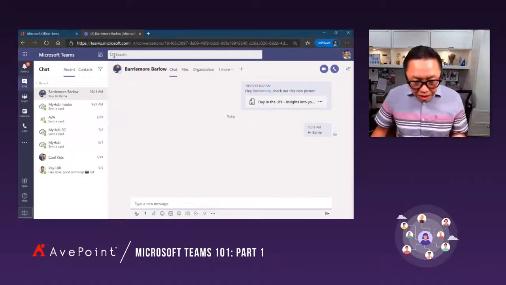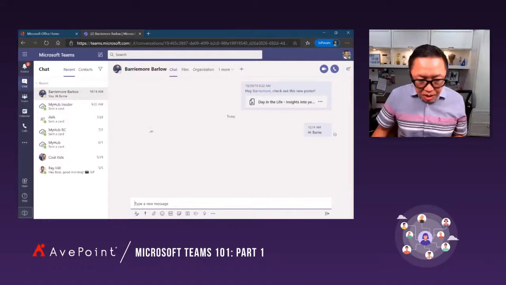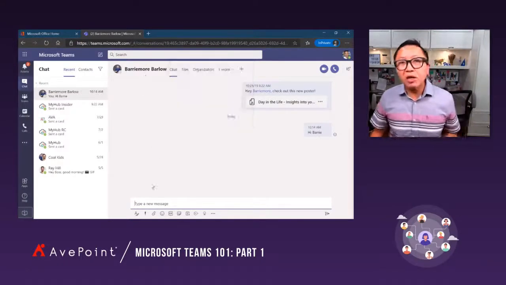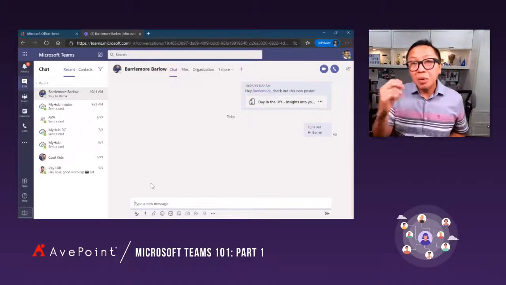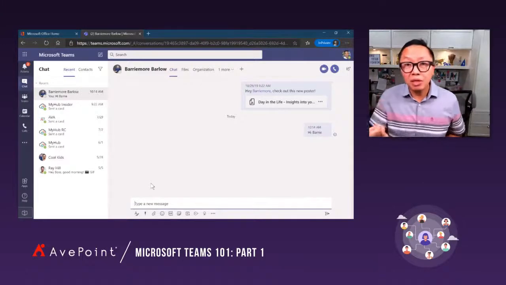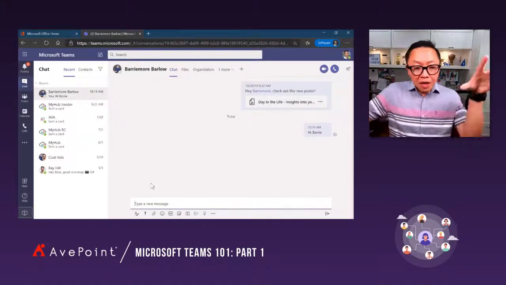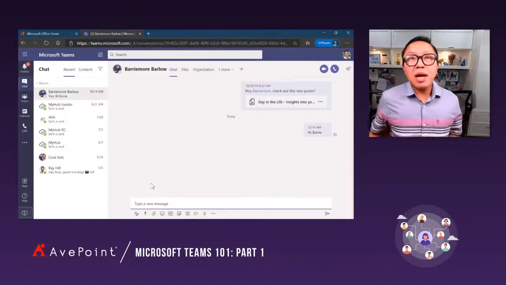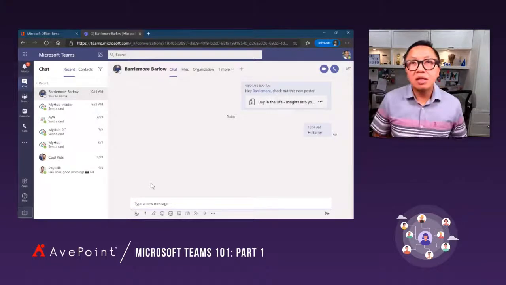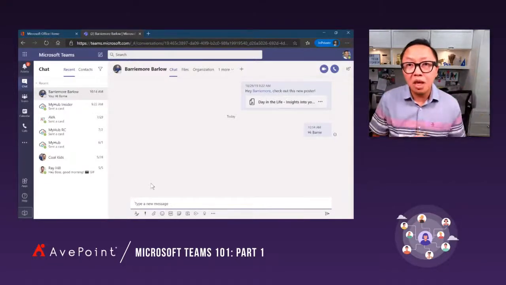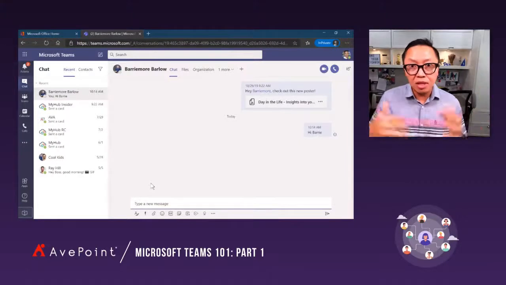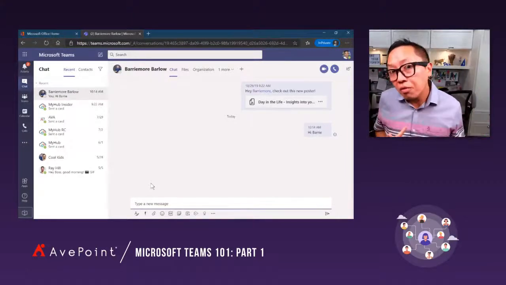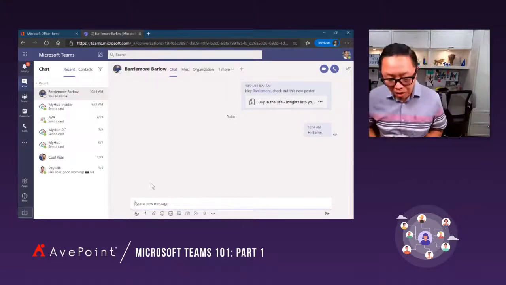If you look at the interface of Teams, my chat with Barry, first and foremost, is persistent. Now, what do we mean by persistent, friends? Even if I shut down Teams, I open it back up, my chat lives there. And that's a big difference with Skype. The chat is not persistent. Once you shut down Skype, it's gone. The only way you can find the chat is you have to go to Outlook.